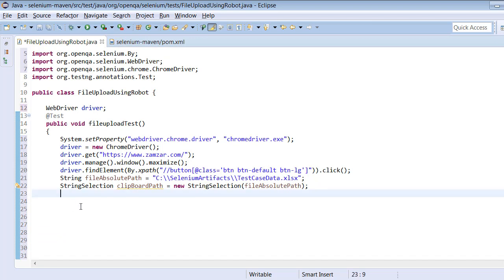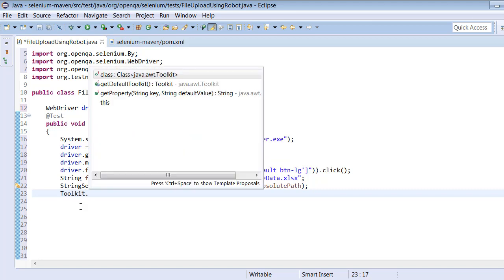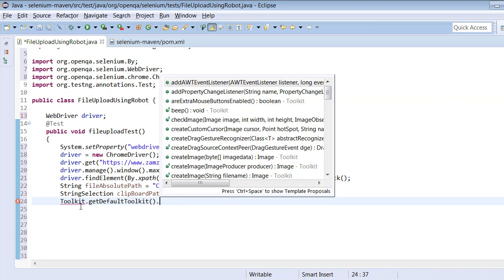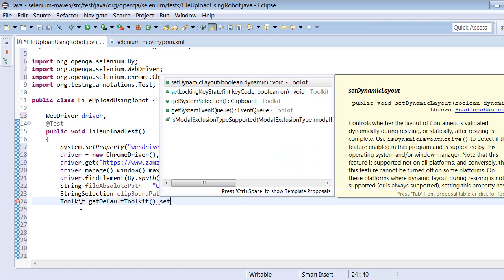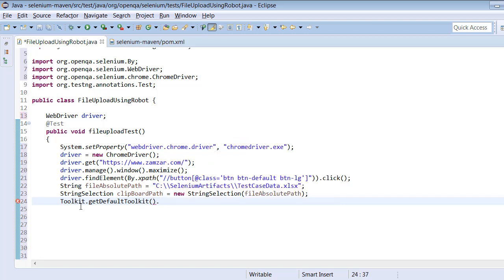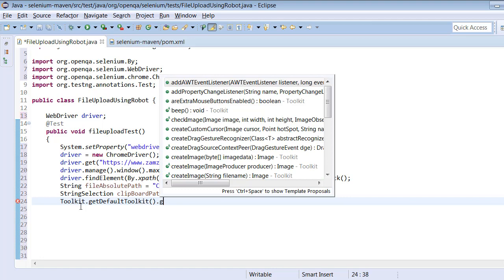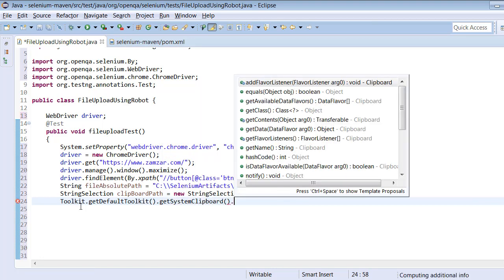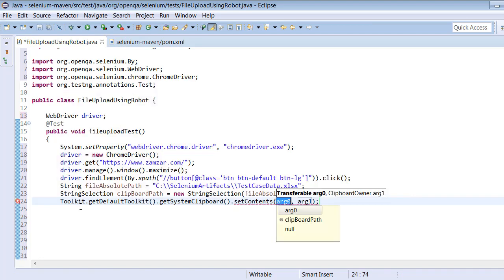Now we have to copy this clipboard path, the string selection object, to the toolkit. Toolkit dot get default toolkit dot get system clipboard dot set contents.